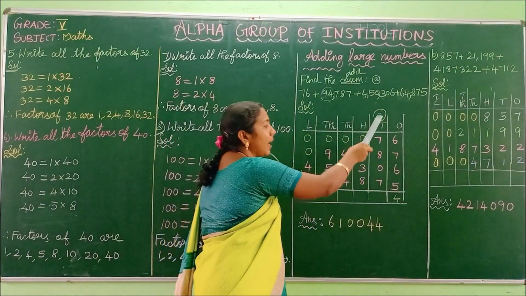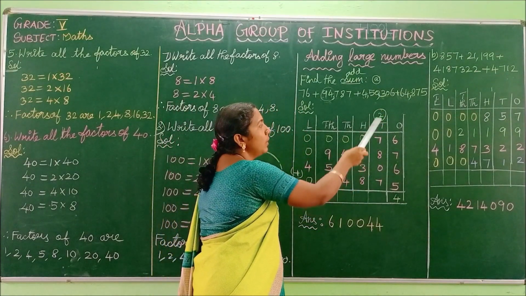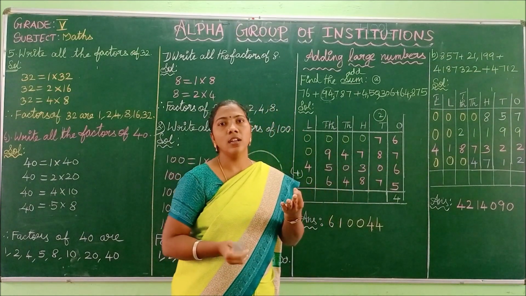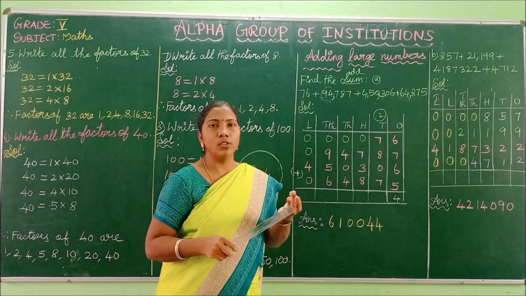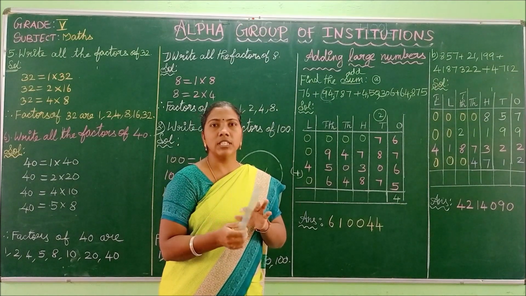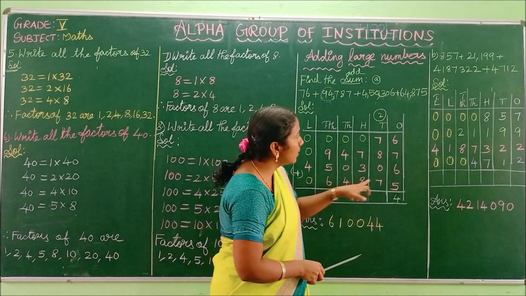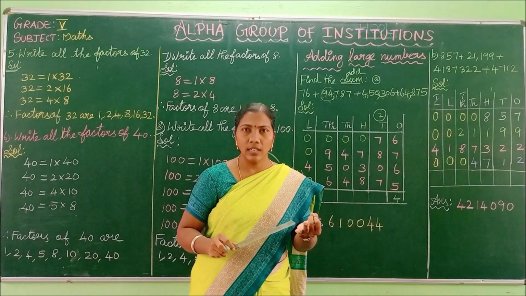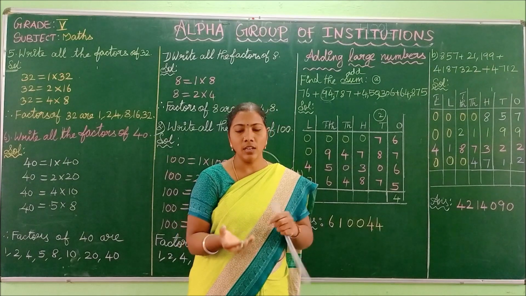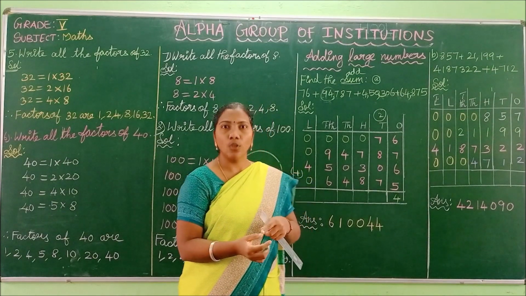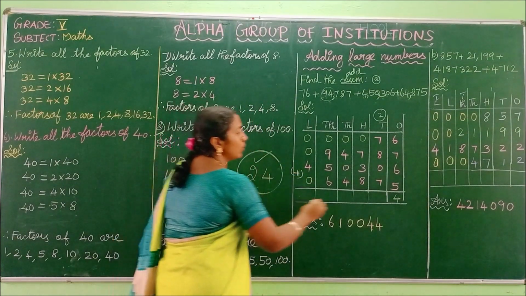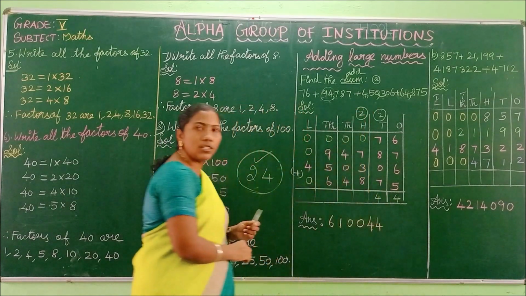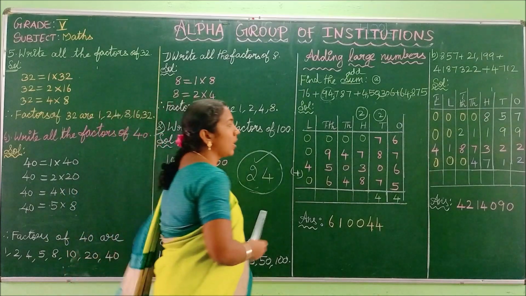Next we are going to add this column. 7 plus 2, 8, 9. 9 in the mind, 8 on the finger. So after 9, 10, 11, 12, 13, 14, 15, 16, 17. So after 17, you have to add 7. So 18, 19. After 17, 18, 19, 20, 21, 22, 23, 24. Again we get 24. So write here 4 and write here 2. Do you understand children?